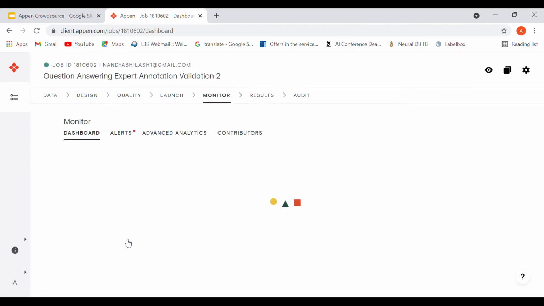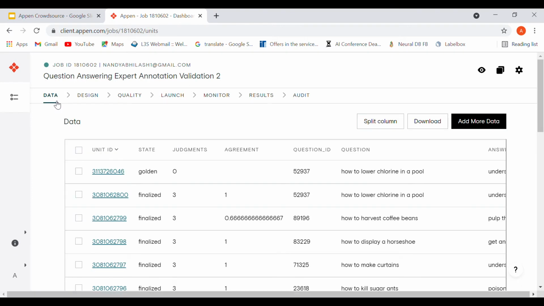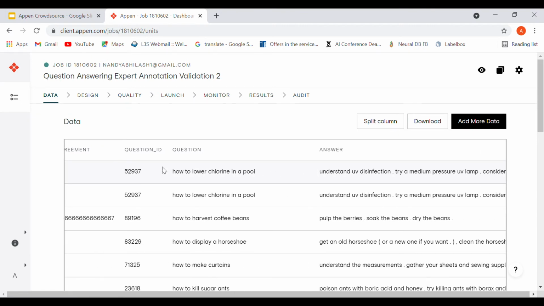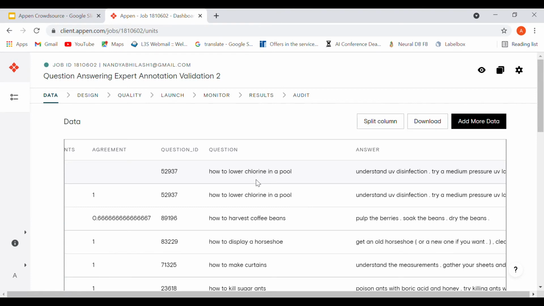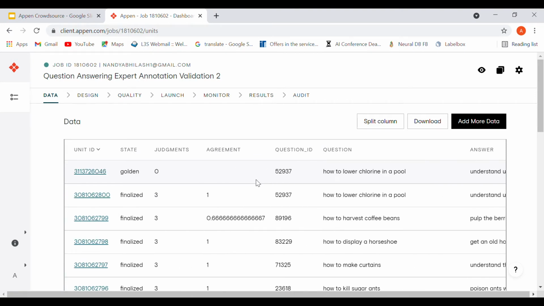This task was basically one where we had annotated question answer pairs from an expert annotator, and we wanted to validate the quality of annotation. So we used crowdsourcing for that. This is the CSV that I uploaded, which contains question ID, question, and answer. These are the main fields.